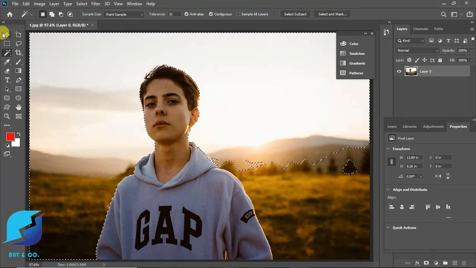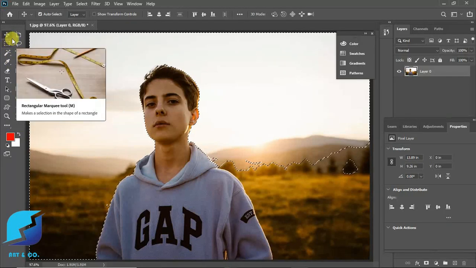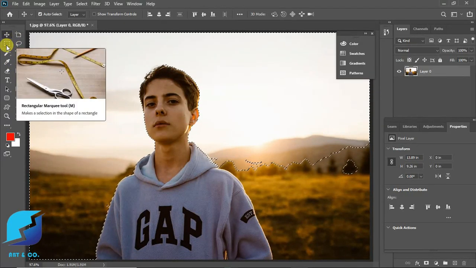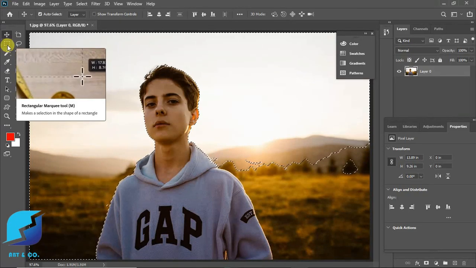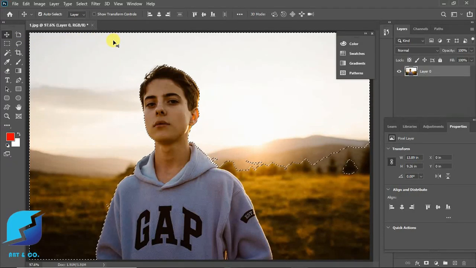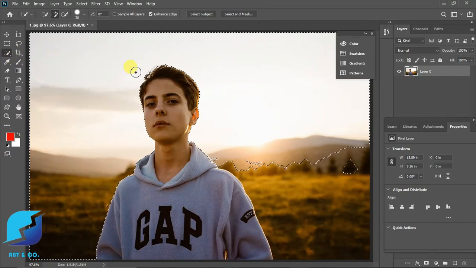So we have studied 6 things right now. Move tool, V, artboard tool. Here comes the rectangular marquee tool. The rectangular marquee tool is used to select a rectangular shape. The lasso tool is used to select by dragging. And the magic wand tool works on color by clicking, and shift is used to add to the selection,